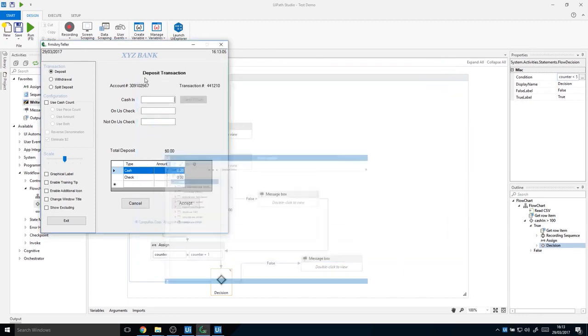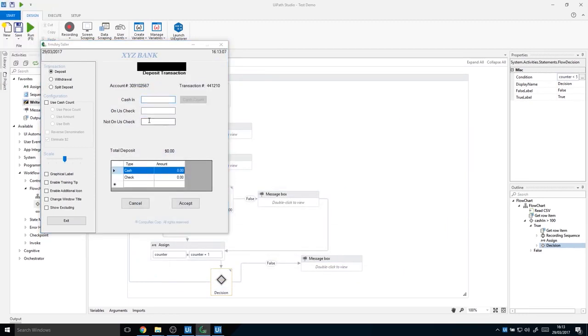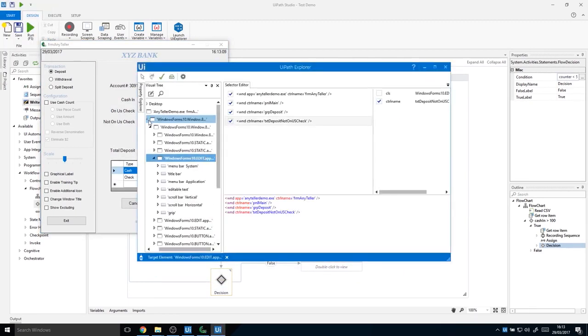Selecting the Edit box in the AnyTeller app using UI Explorer, for example, will show that specific UI element's path within the application. It's UiPath, so to speak. This path is based on the unique names given by the software developer of the application to each UI element. Generally, these names don't change from one version of a software to the next, so even if a software you're